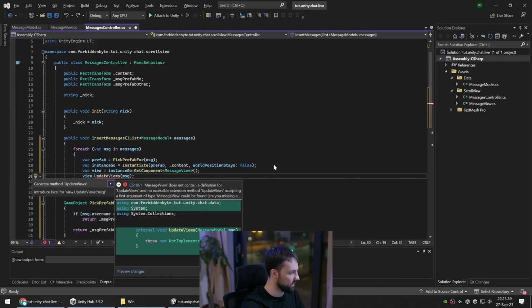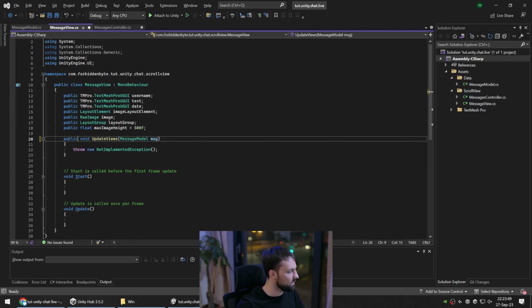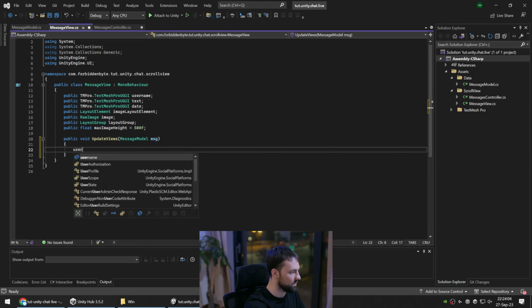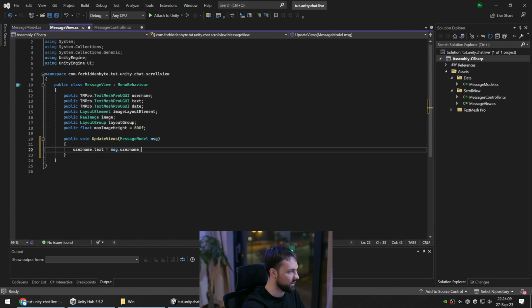And let's generate this baby. And I'd like to remove that. Actually, I cannot remove it. Make it public. So it's kind of obvious, I guess, what we will do here, right? Do username.text is username.username, message.username. All right,